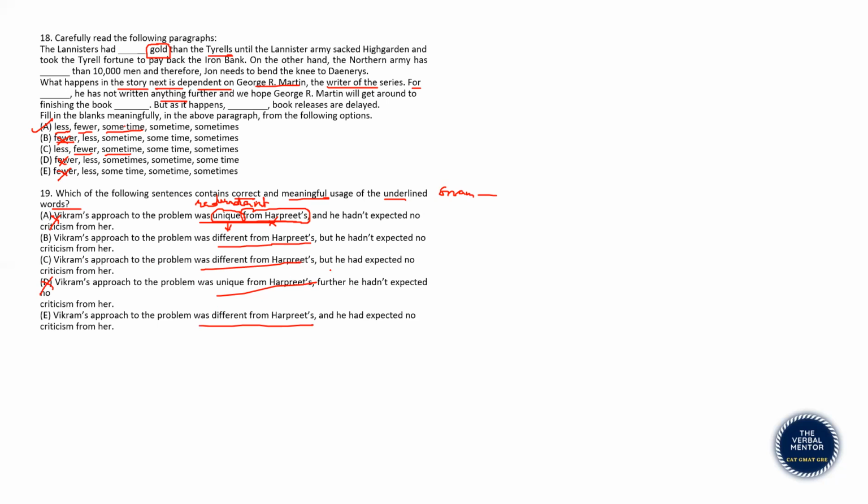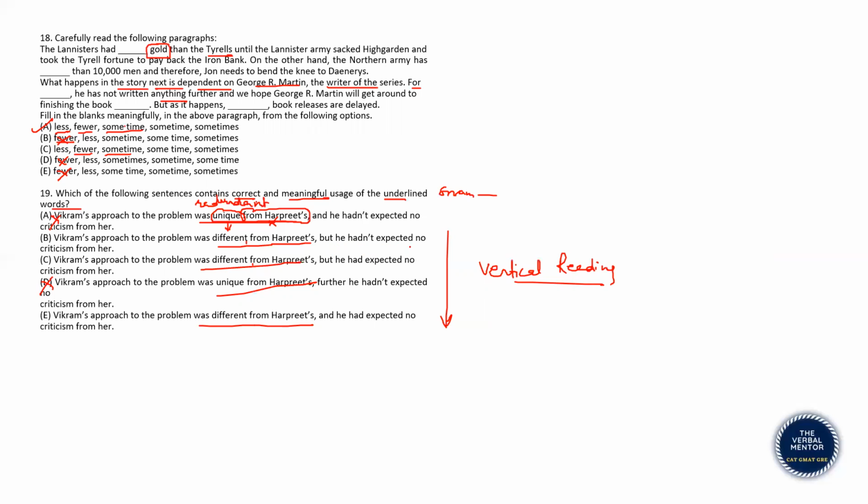Okay, Vikram's approach, Vikram, okay. Now what I'm doing here is vertical reading. I read this part, this part, this part before reading all the other parts of all the other answer choices. This is called vertical reading. For sentence correction questions, always read the options vertically. It will make the process more efficient because it will help you discriminate between the options and eliminate them.